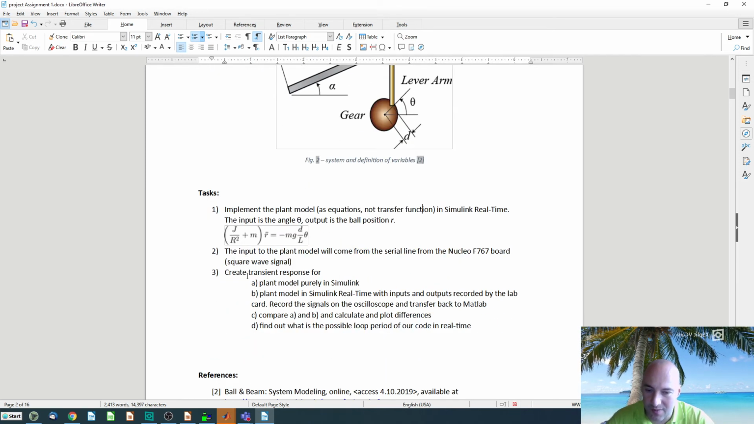Then you will basically do the transient response of this system. The input to your system will be a step function, and there will be several possibilities where this step function will come from. For example, case A is that the step function will be created directly in Simulink, and this can be run